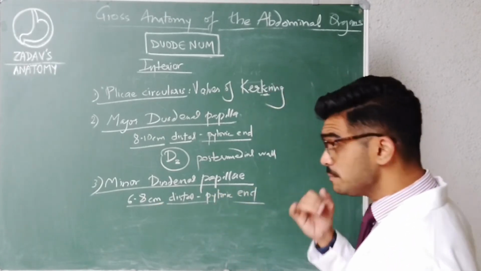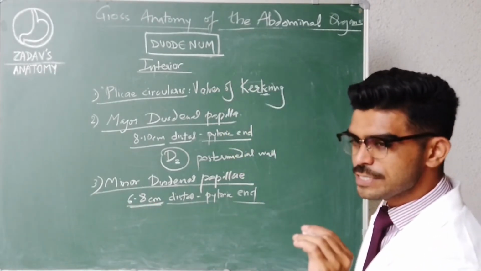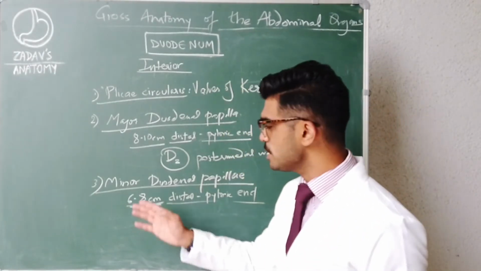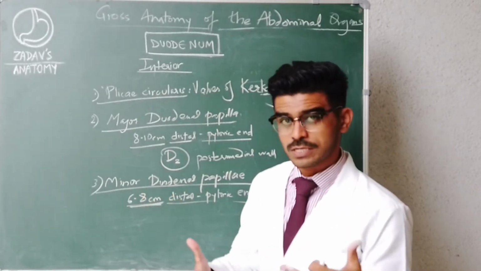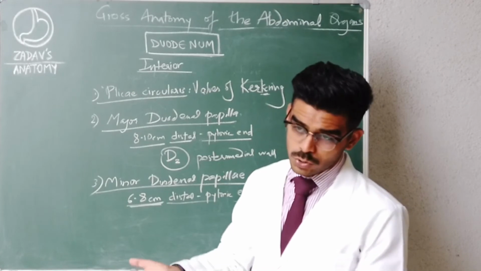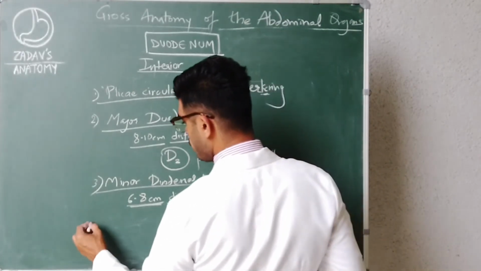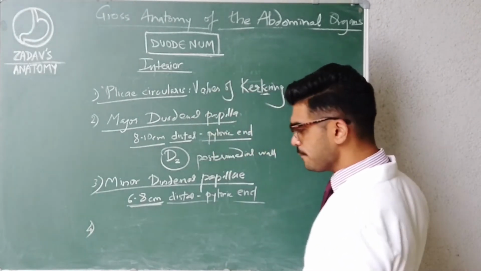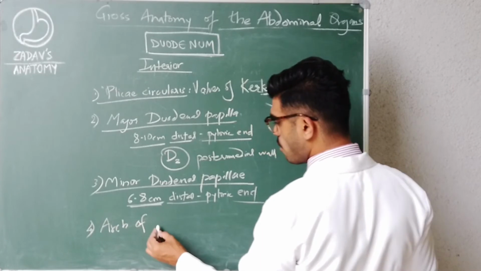Okay, now if present, the accessory pancreatic duct opens into the minor duodenal papilla. There's a lot of interesting things in the embryological origins of these things, so someday we'll speak about that as well. But for now, point number 4 is what is known as the arch of